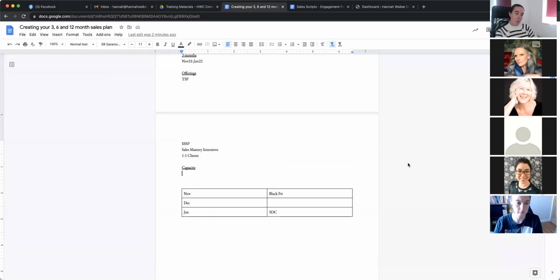Yes, so 12 months is your bigger picture. With 3 months, we're really zooming in to go, okay, this week, this is how many hours I'm going to have on each thing. So for me, if we do this on a weekly basis, per offering,